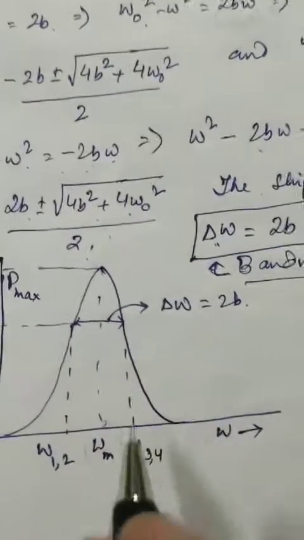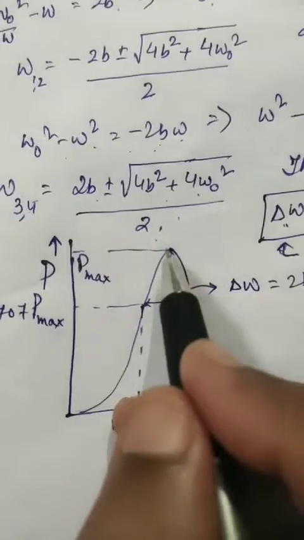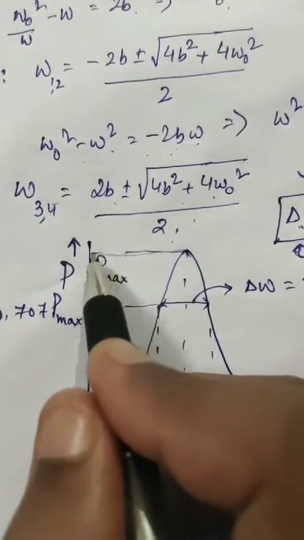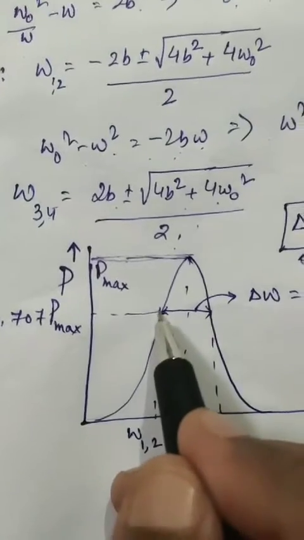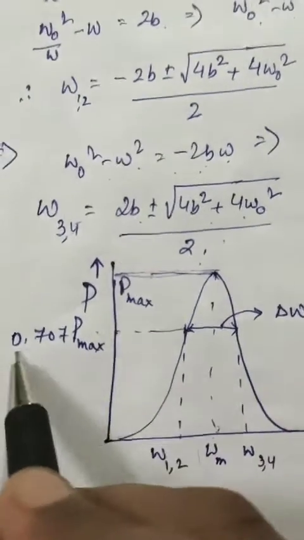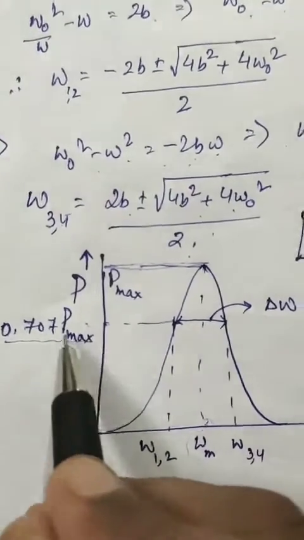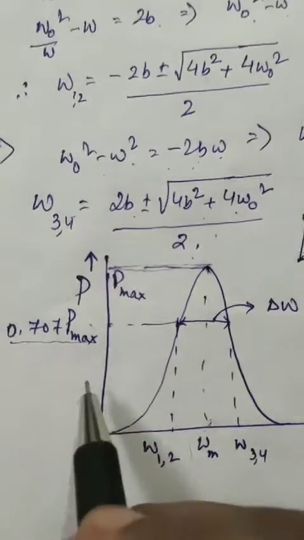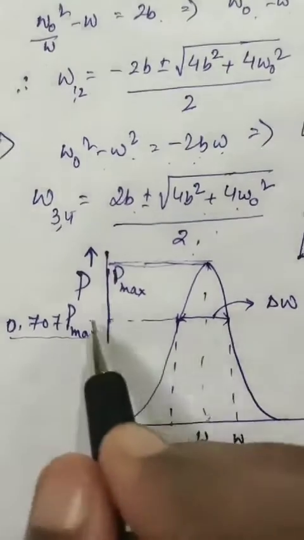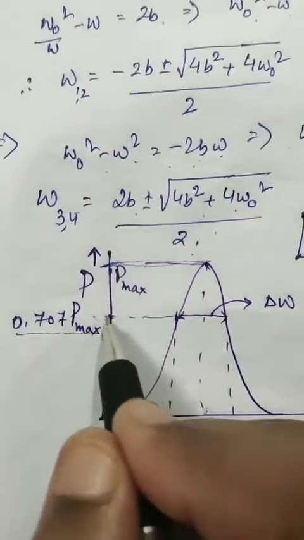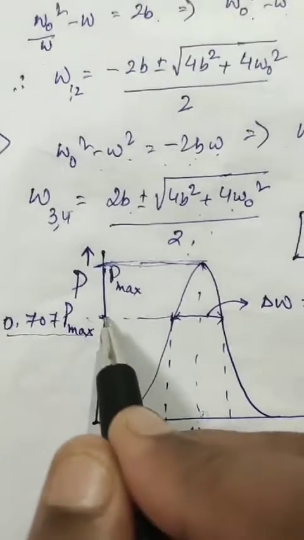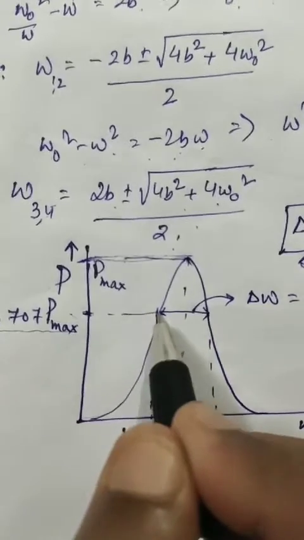So what I want to tell you is, you can see, if this is P max, then let's say this point is 0.707 of P max, that is P max by root 2, that I was trying to tell. So this is P max by root 2, 70% of P max. This is P max, this is 70% of P max. So 70% of P max has two